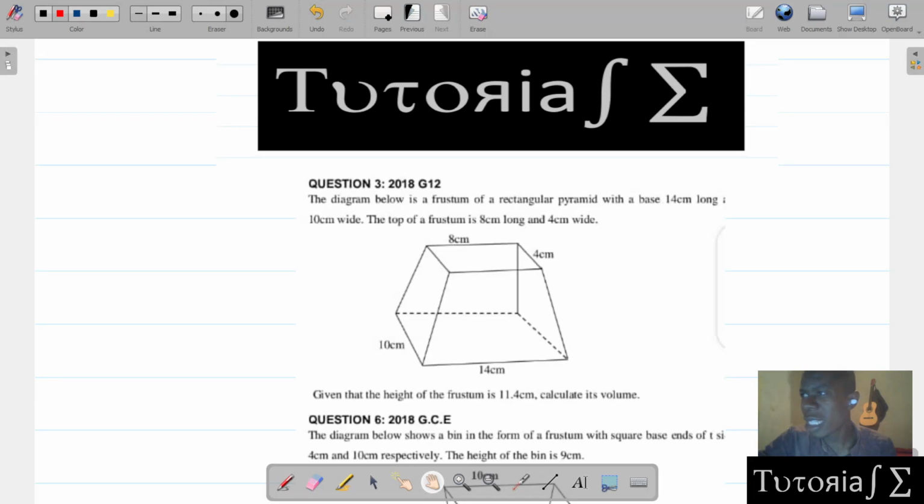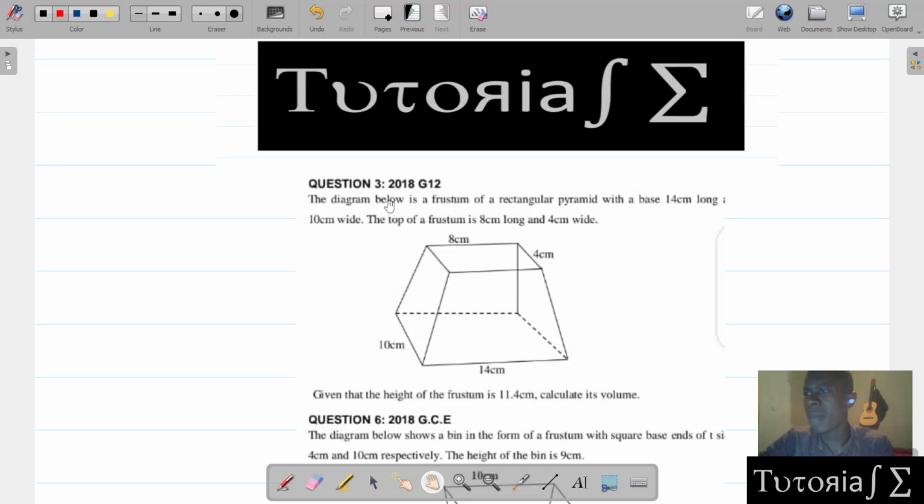Now, let's look at question number 2. So we are still on frustums. And this is an example from the 2018 past paper. All right, so the question reads,